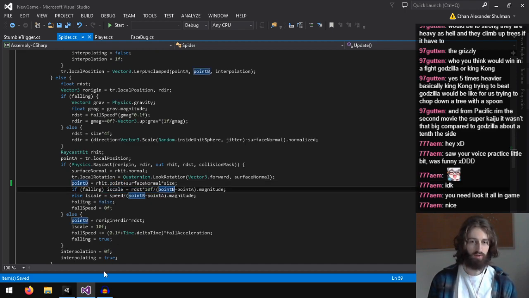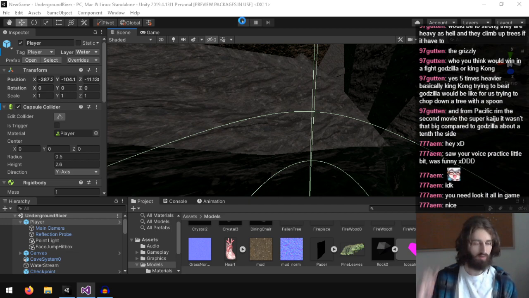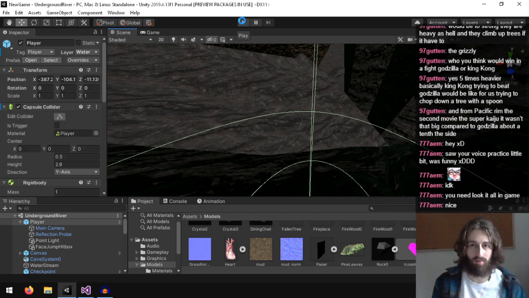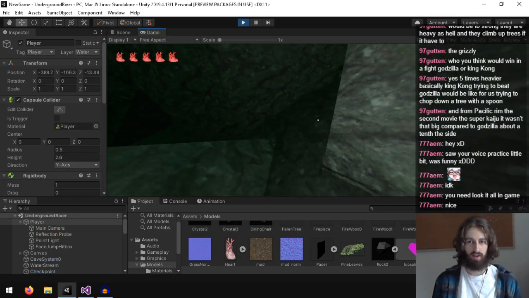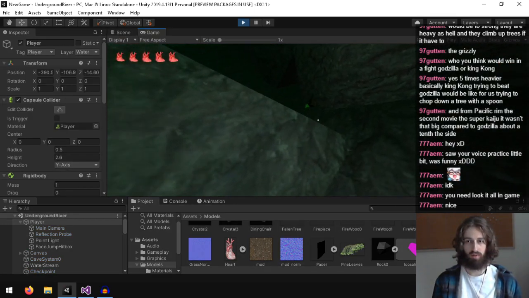So I think this is just bugged, and I just need to accept that they're going to go through the ground because of the way raycasts work. And that's okay, because they get deleted after a certain period of time.